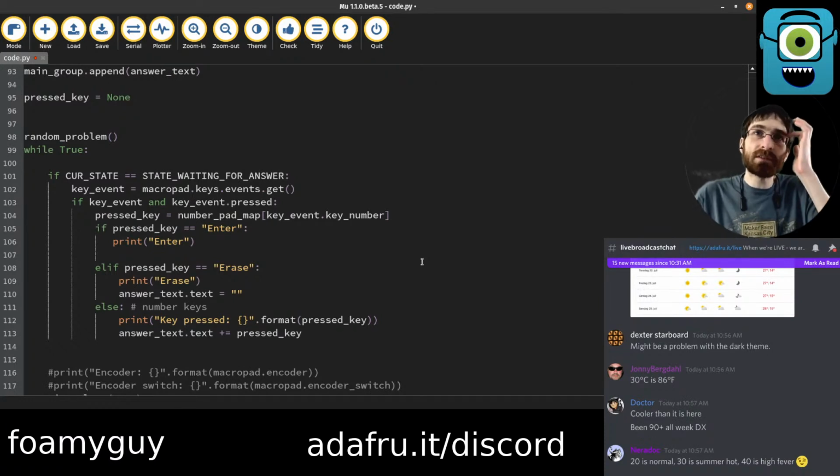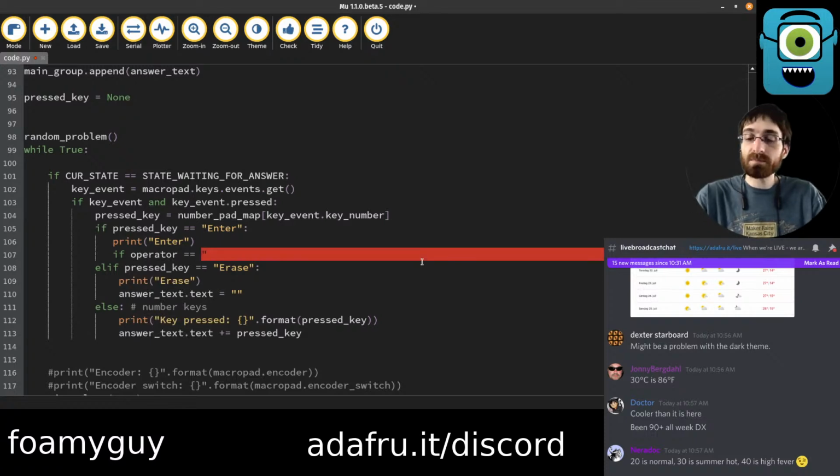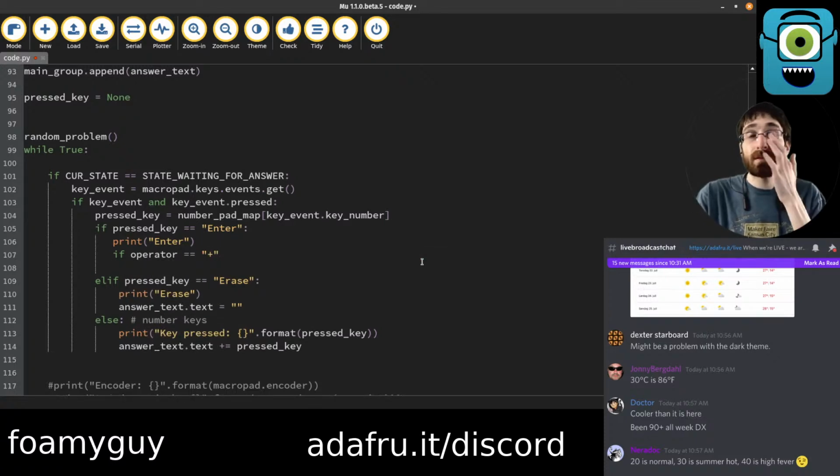This is not really the greatest practice, though, because executing code is not necessarily secure. In this case, we're only importing numbers, so it wouldn't be that big of a deal, but I think it's probably best if we don't rely on that. So what we need to do is actually, we need to have an if statement. If operator is plus, then